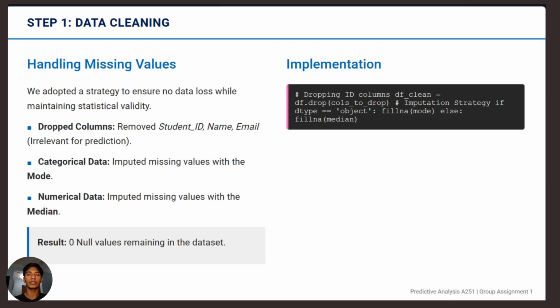So step 1 is data cleaning: missing values detection and imputation. Moving to the cleaning phase, the first step was identifying and handling missing values. We employed an imputation strategy tailored to the type of feature. As you can see here, for categorical variables like study hours or parent education, we imputed with the mode. We chose the mode because it preserves the frequency of the most common category, which is often a better estimate for